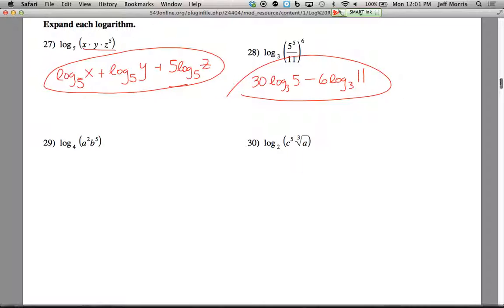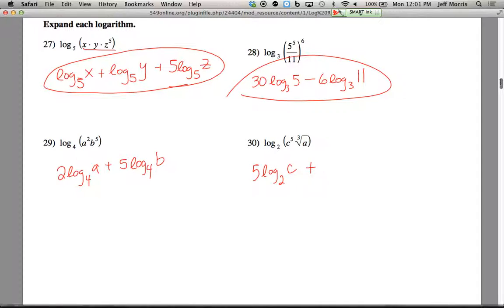Number 29, who wants to try that one? Okay, Natalie. You've got to learn to raise your hand. 2 log base 4 of A plus 5 log base 4 of B. Okay, Patrick, yes, you can do number 30. 5 log base 2 of C plus